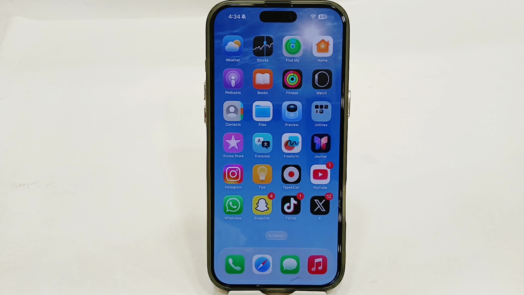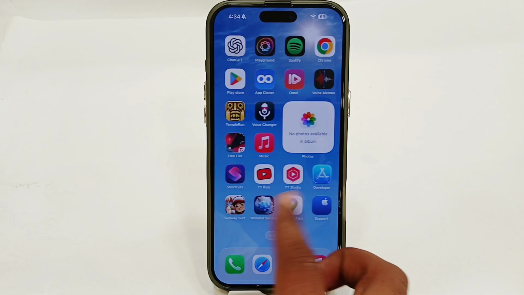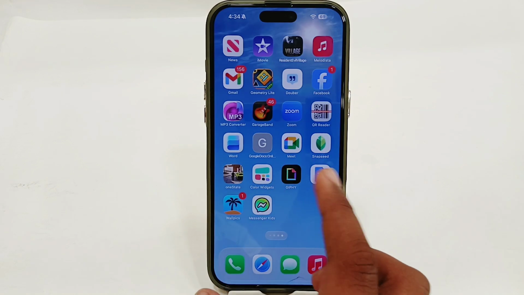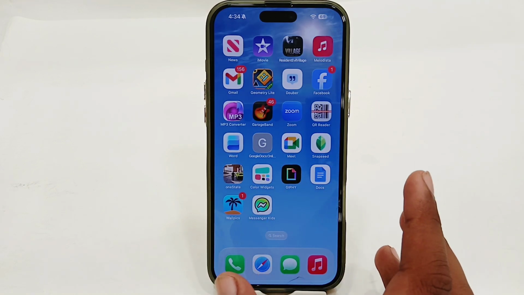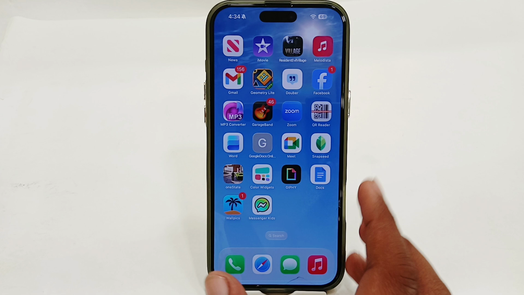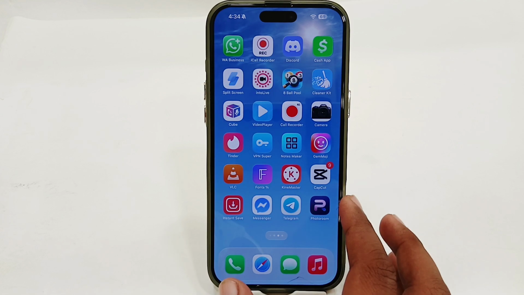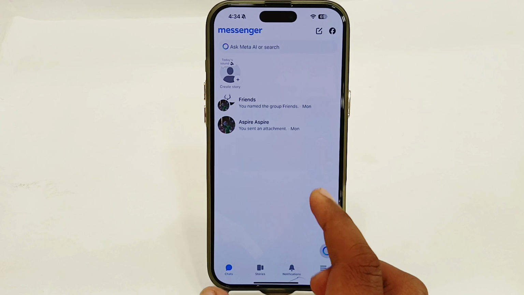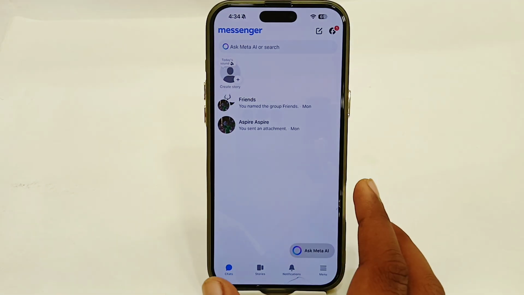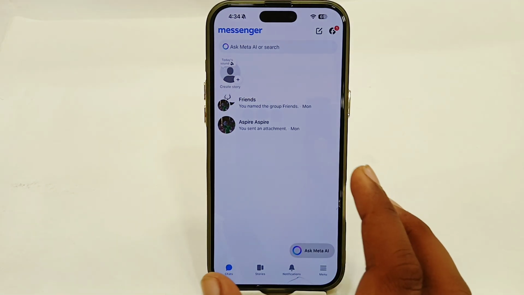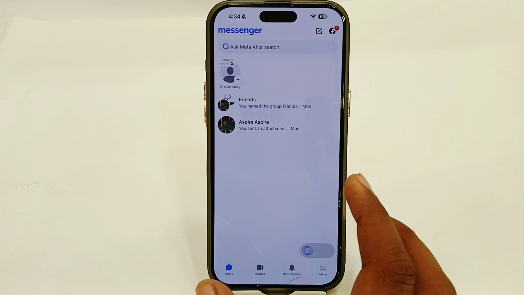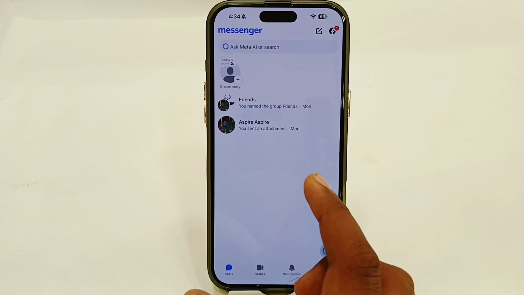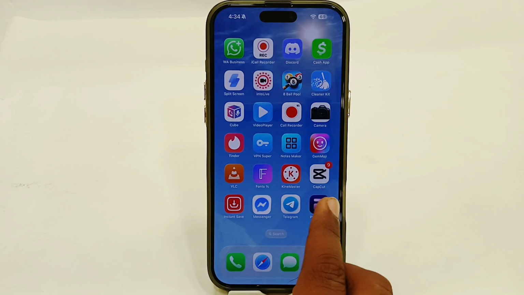If you're using Facebook and you have installed the Facebook Messenger app and you want to see how you can use it, let's see how you can do that. So the very first thing is to install your Facebook Messenger app, then open your app, and after opening you have to log into your account. Make sure that you're logging into the same account